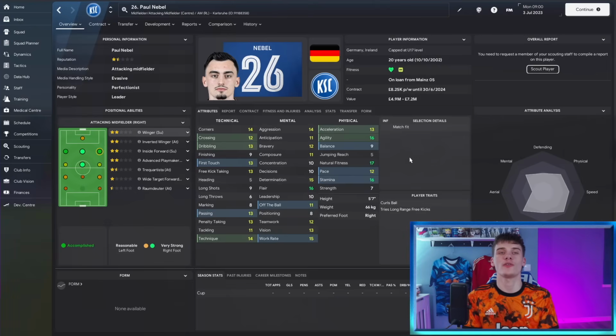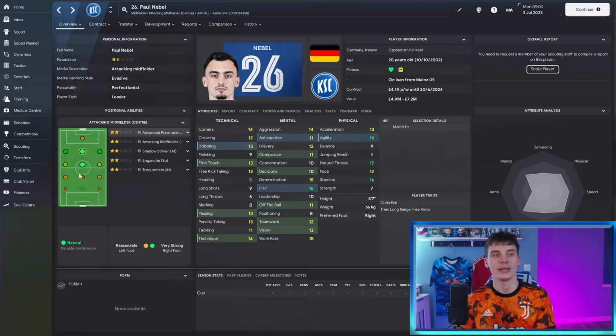But we finish off with our last player in this video, and it is another youngster that can develop into being a top talent. Paul Niebel is a 20-year-old from Mainz. He's out on loan in his first season in the second tier of Germany, so you have to wait until that's over. But once you have, you've got an agile player with plenty of stamina and work rate that can operate pretty much anywhere on the pitch, left back or striker,